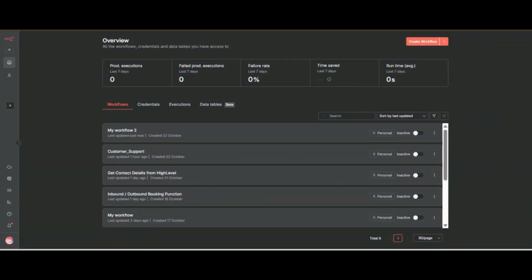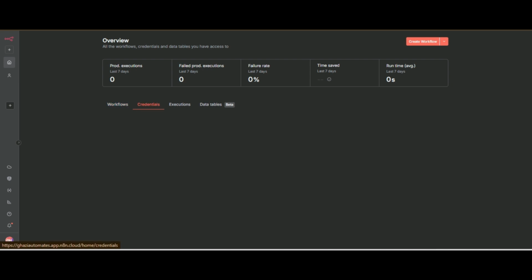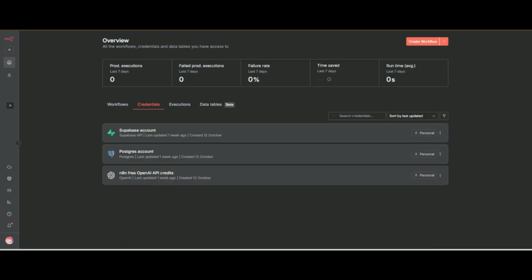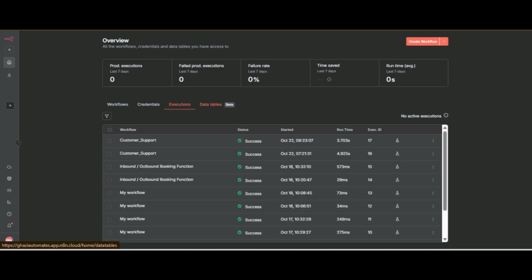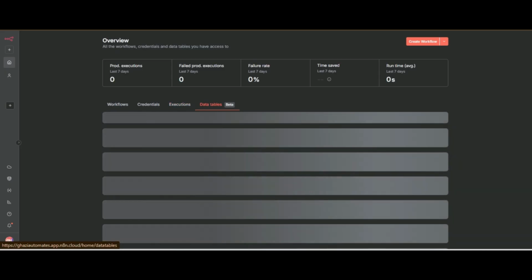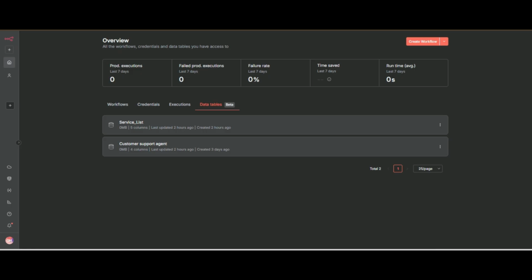This is the n8n interface. Here you can see your workflows, like customer support, every workflow you built, and there are credentials. This is a section where you can see all your connections, and there are executions, and data tables, which are the native data tables of n8n, so you can store your data here.